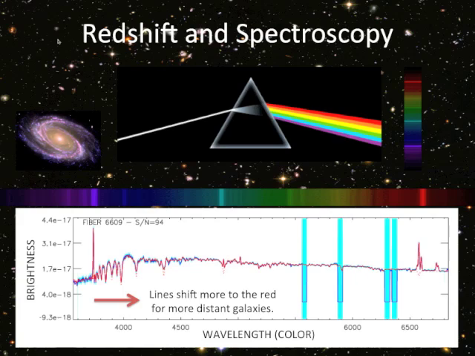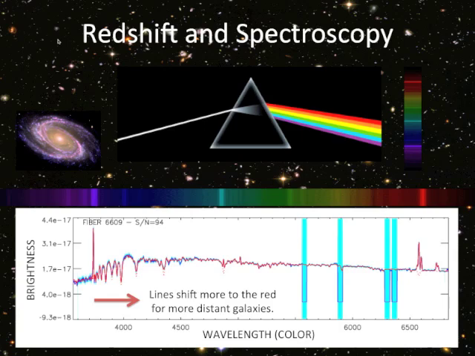In spectroscopy, you take the light that comes from a galaxy and disperse it, using some optical element in your telescope, into light of different colors. You don't see a flat distribution, but rather something that looks like this, a two-dimensional spectrum. There are these vertical lines that are brighter, and there are also some vertical lines that are fainter. These all correspond to either emission or absorption lines that are associated with different chemical elements in the gas in between the stars or in the gas at the surface of the stars themselves.